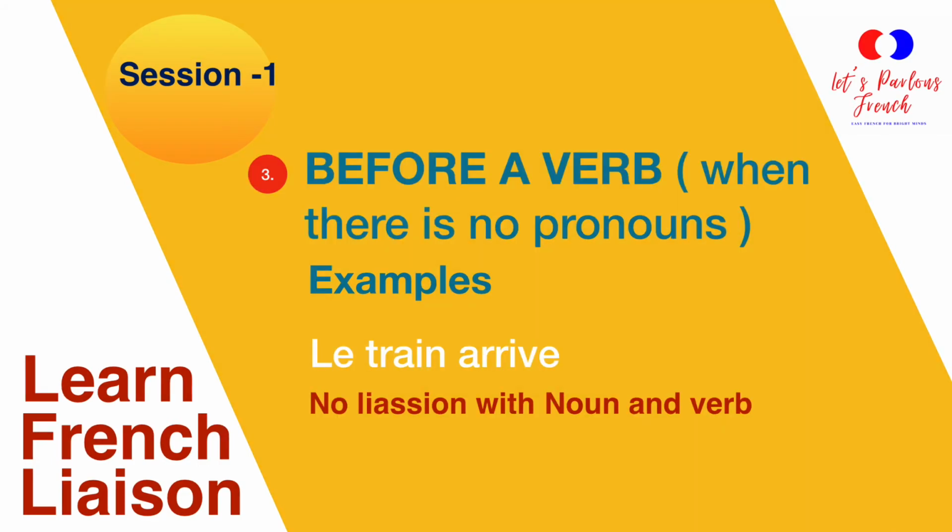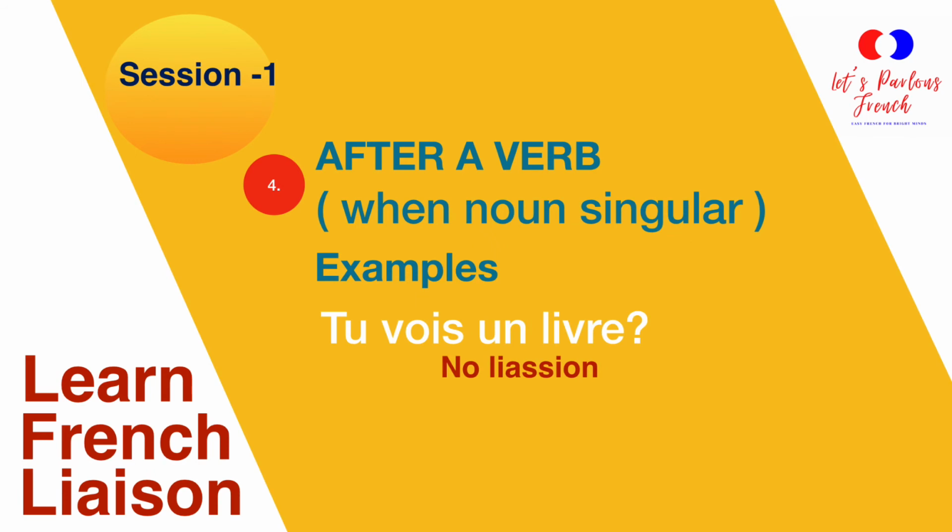Also, we don't have to use a liaison before a verb where there is no pronoun. Example: le train arrive. Here, before the verb arrive, le train is a noun and not a pronoun. So no liaison here. Fourth case where there is no liaison is after a verb when the noun is in singular. Tu vas un livre,